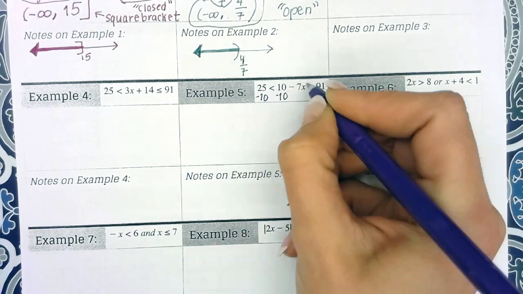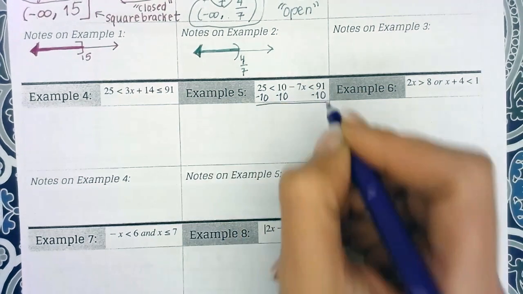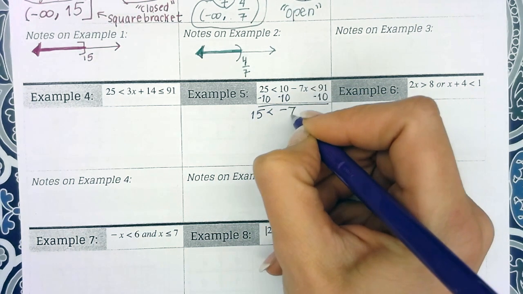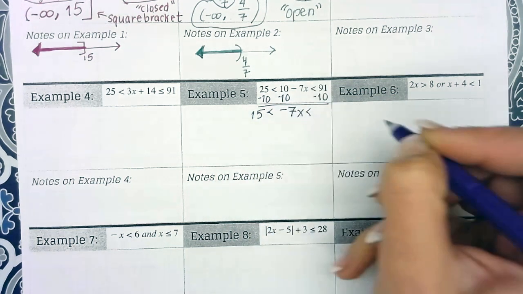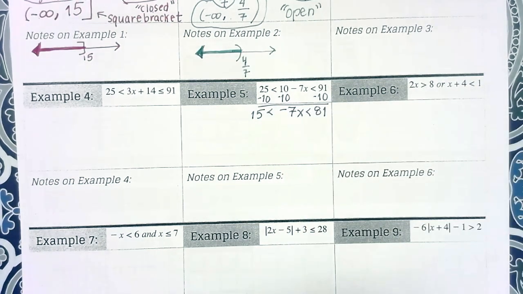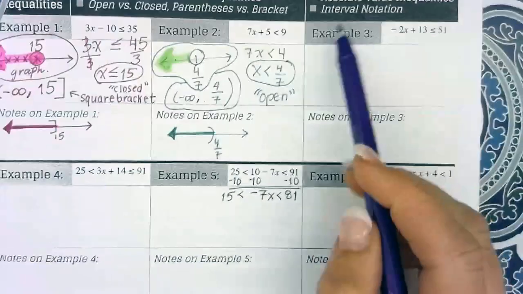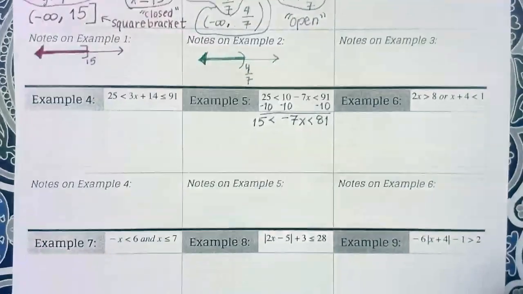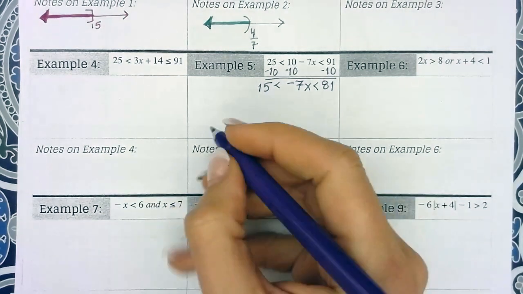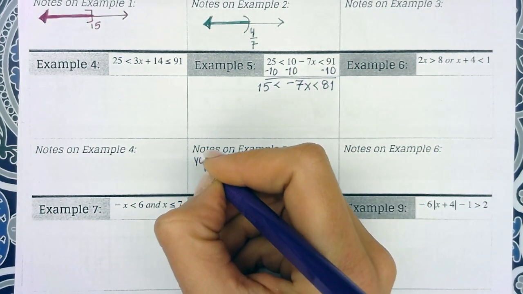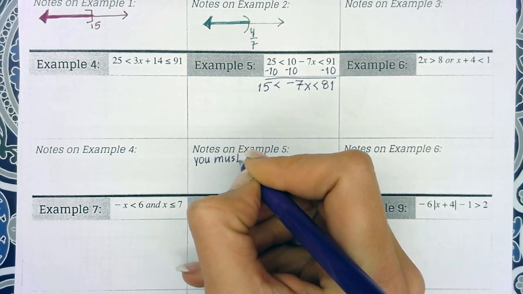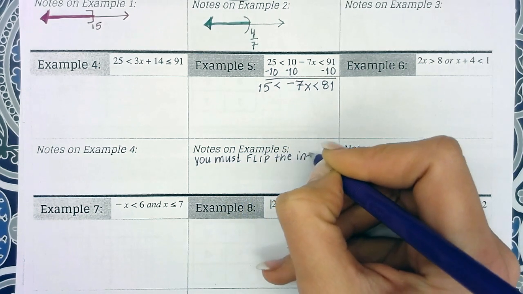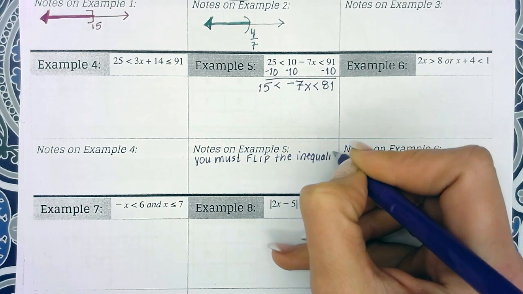All right, the inequalities separate like the boundaries, okay? Start there. 25 minus 10 is 15 is less than negative 7x is less than 81. Now, one of the things on our list of things to do is when to flip the inequality. Here's where it happens. So maybe notes on example 5 will be you must flip the inequality when